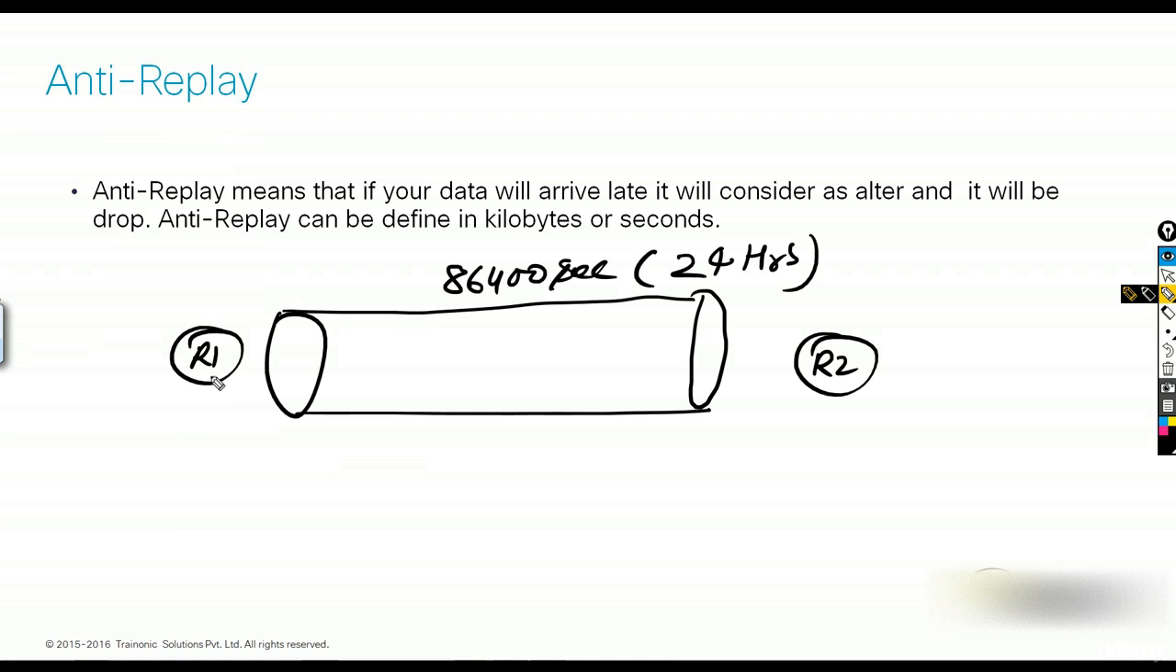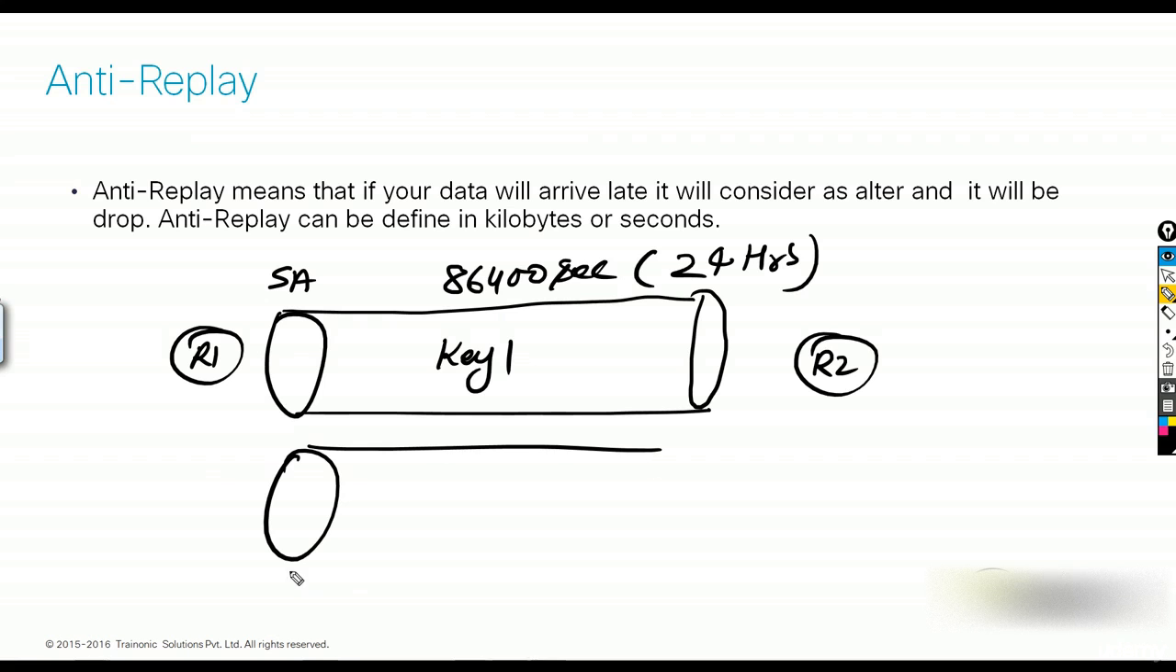Okay, it means when R1 is communicating with R2, it will create a security association with the peer, and this security association by default is 1 day, 24 hours. In seconds it is in front of you, 86400 seconds, and for this session they will create a key, for example key 1. But next day what they will do,